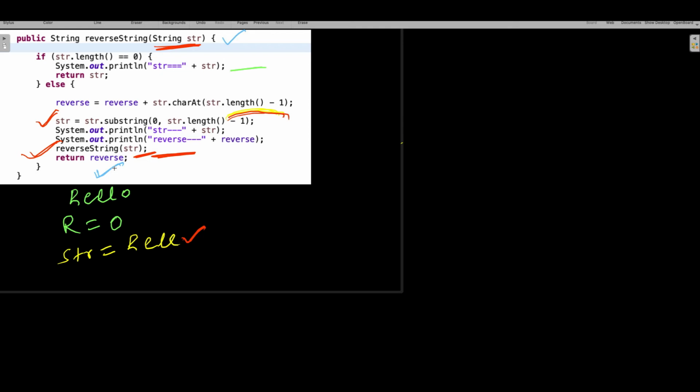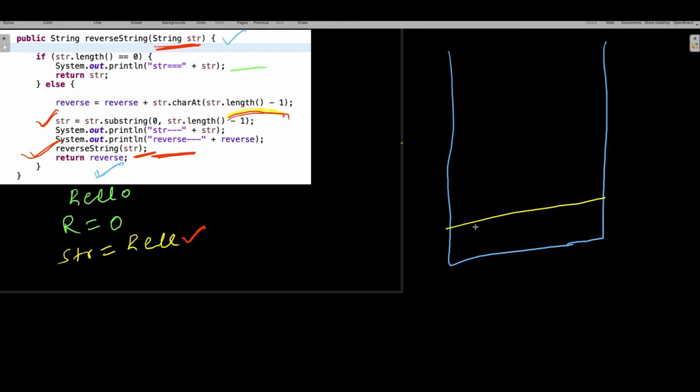So generally, whenever you work with recursion, you know what happens? Whatever statement you have after the recursion call will get stored inside the stack. So this reverse will get stored here. First time it will get stored here, then again the call will go with this str. Now when the call goes, it will check for the length and come to the else.